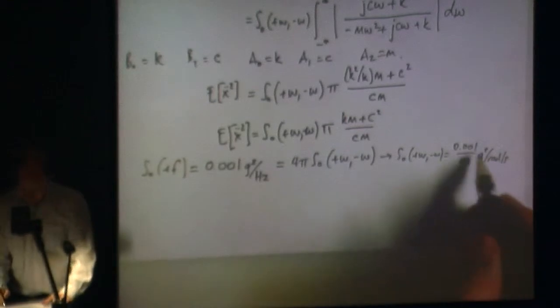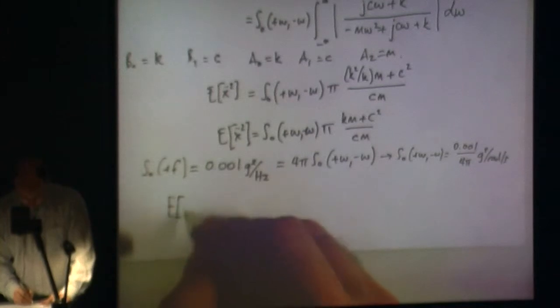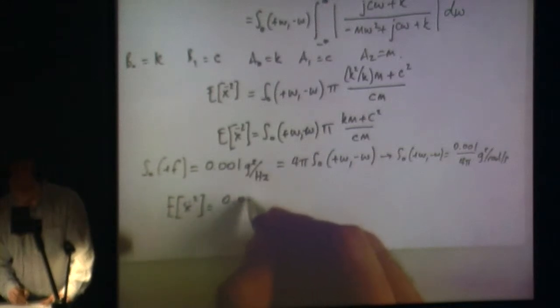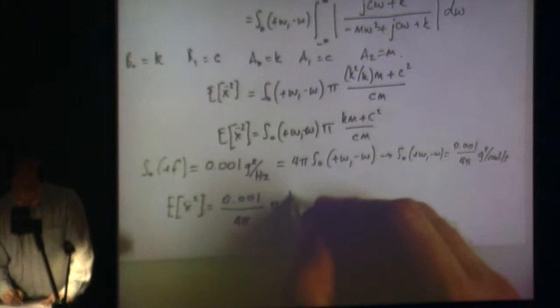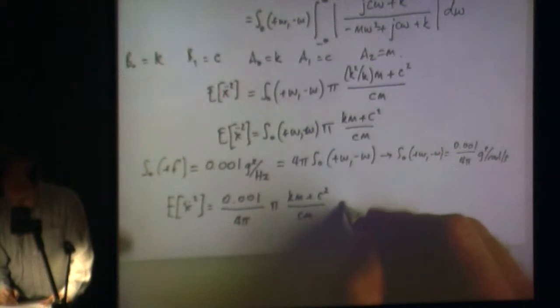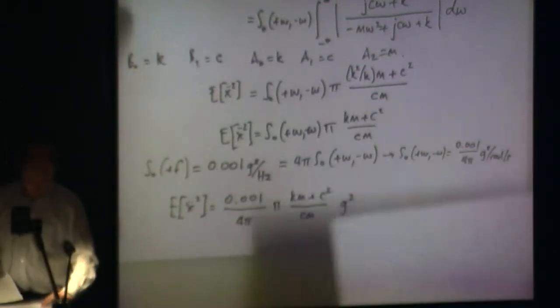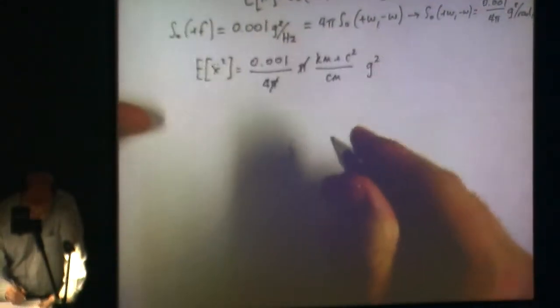So if I put this term into this equation, I end up with E x double dot squared equals 0.001 divided by 4 pi, times by pi km plus c squared divided by cm, g squared. So the pi's cancel, which helps, okay? And so I get